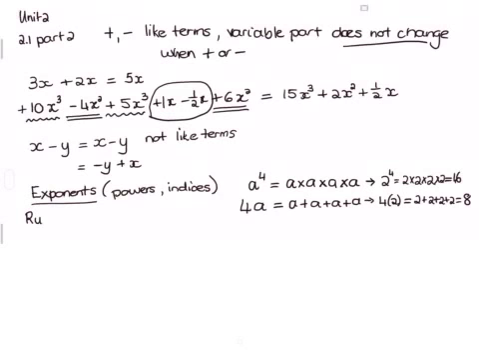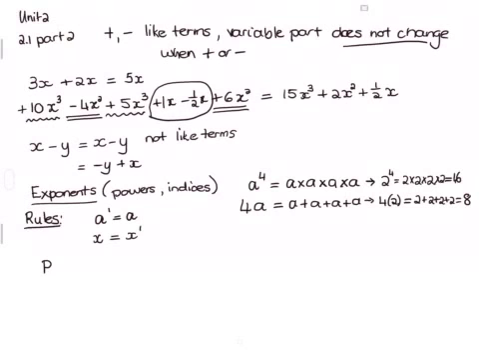Some important rules regarding indices. One is that any number to the power of 1 is just itself. So basically, if you see any variable with no power, then there's an invisible power of 1. So if I just had an x, it actually means x to the power of 1. The other rule is